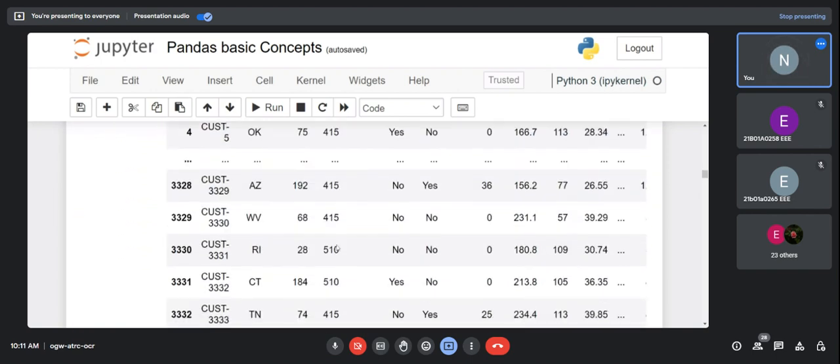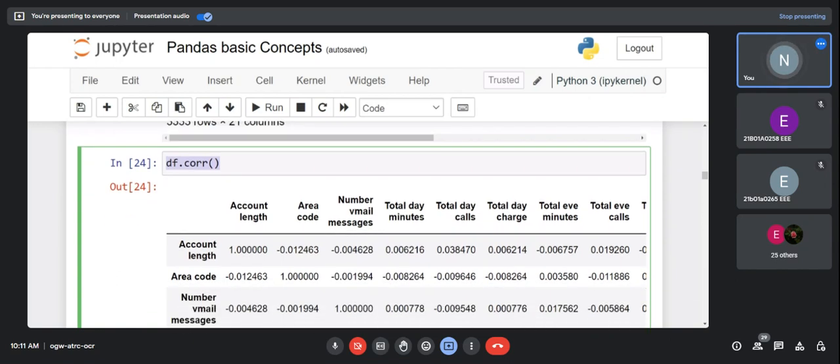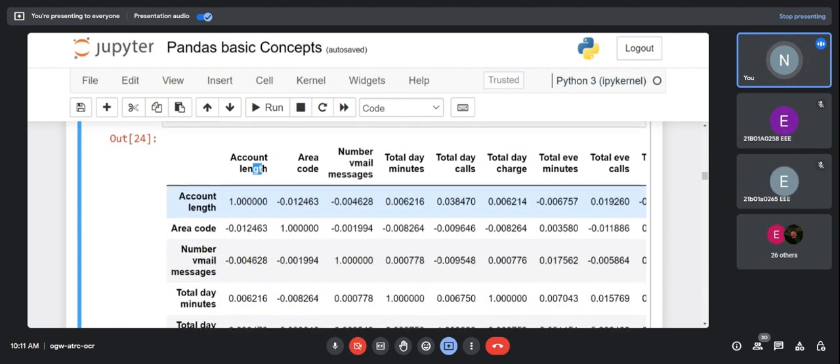Okay, fine. I've also discussed the correlation, CORR. That means how to find the correlation. If these columns are considered as features, how are they related to other features? Whether there's an increase or a decrease with a change in the value of other features. That means I'm talking about proportionality: directly proportional, inversely proportional, or no impact of changing one feature on another feature. So this is a correlation table actually,